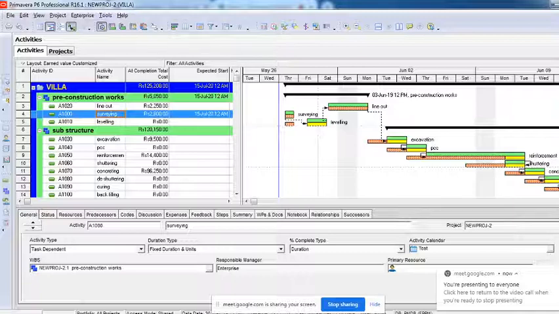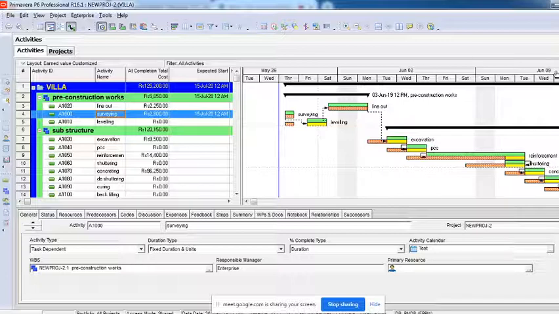Probably early it was 6 days a week, and now I want to make it 7 days a week. There's no Sunday holiday. I want to do a lot of changes to my calendar, or I want to change my whole calendar itself. How do I do that? Probably there are two ways to do it.